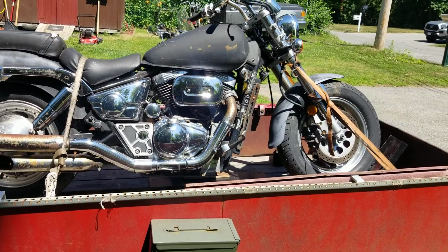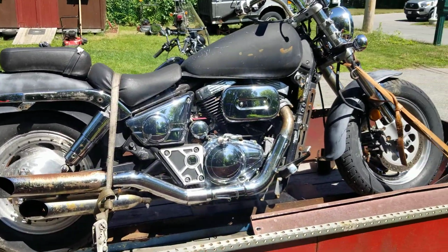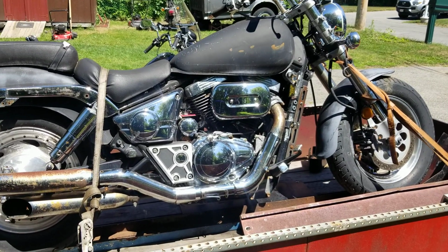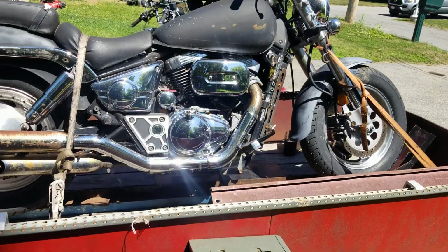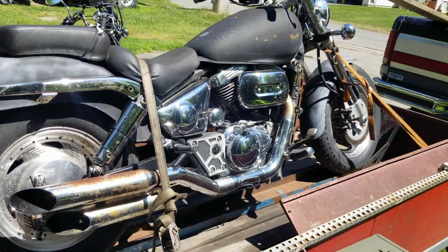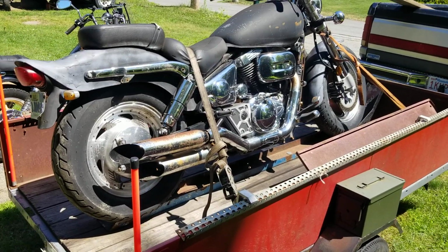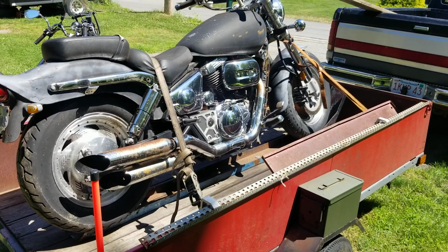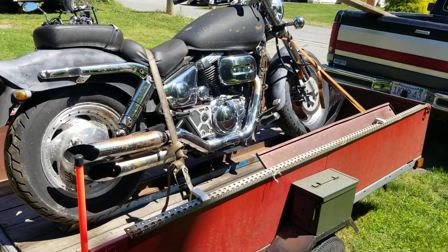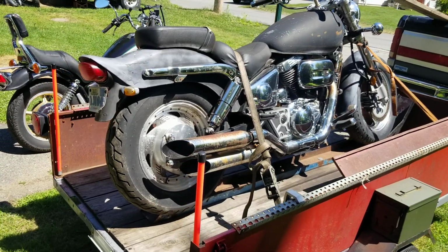I got to go pick up 3 more Suzukis today. They're one-lungers, what the heck do they call them, Savages. So if that deal goes through, we're going to have a lot of bikes to be doing videos on. So kind of just getting a plethora of bikes. A lot of these bikes are going to be parted out, so I don't think I'm going to be keeping these things and driving them in my collection. I am not. These bikes are going to be parted out. I'm going to be doing first if they can be cleaned up and resold,